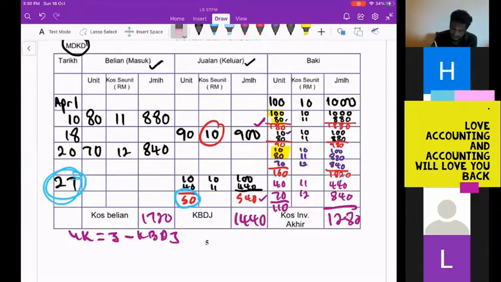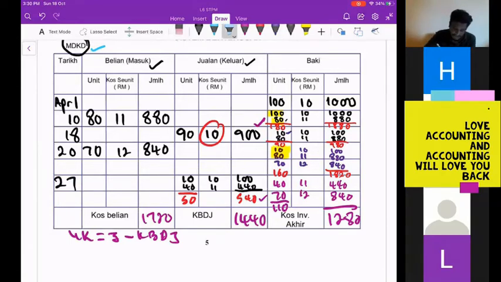Okay, look at this table. What is the inventory left over in our business? After you sell or buy, what is the inventory left over? We take from here. From this total, I need 50. Which 50 will I take, the top one or the bottom one? This is MDKD. MDKD means I take the old one first. So the old one still with me is only 10. So I take 10, I transfer here. I need 50, right? I still need another 40. Another 40 I take from here. I sell the old one first. That's why you need to do this table very detailed here. If you didn't do detail, then you don't know which one is selling.